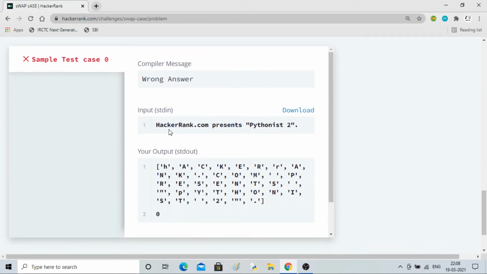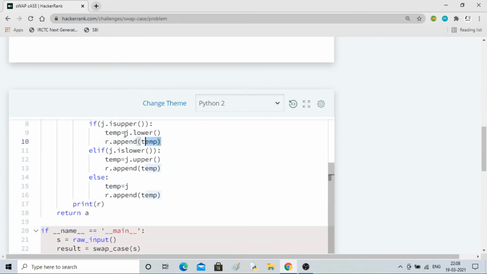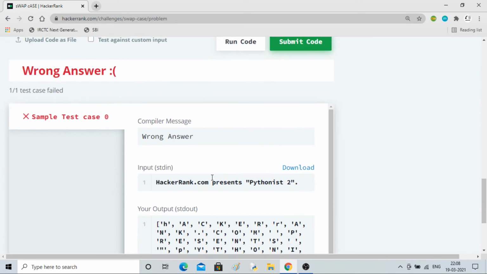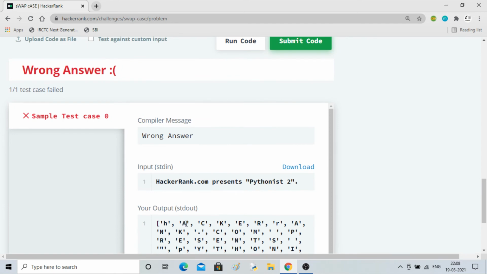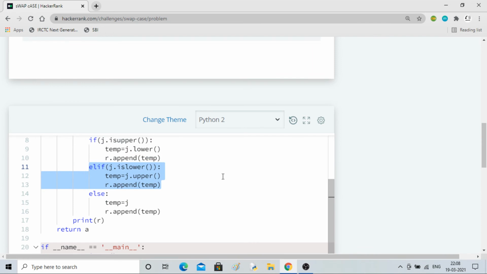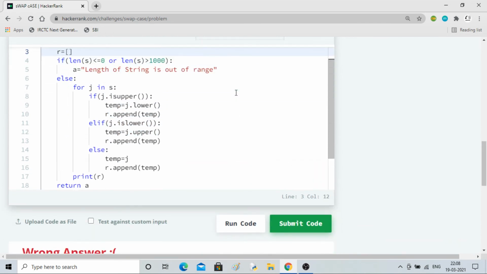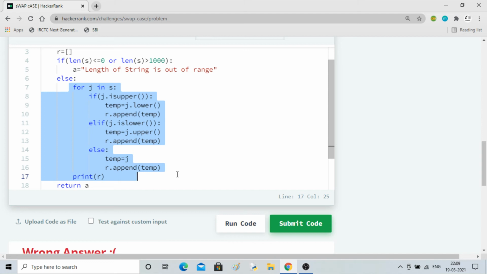okay. And this capital to lower is converted because of this first case, and lower to capital is converted because of this case, okay. So we are able to access all the elements by this for loop, and we have converted each of them from lower to upper, upper to lower, and the rest of the other things we are keeping as it is.